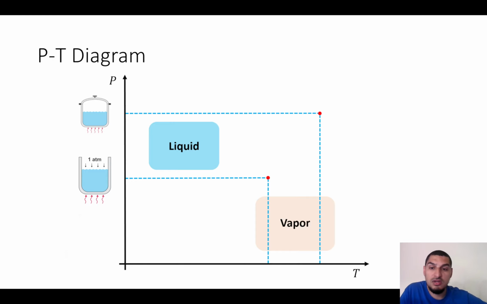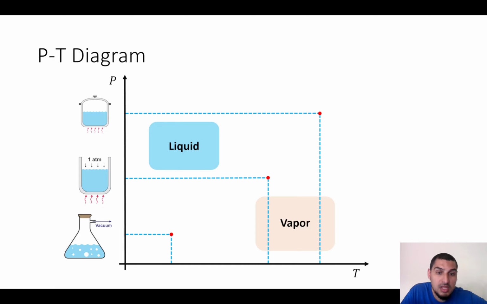For the case of the vacuum, which is the video that we saw in the beginning of the discussion of this part of the chapter, the vacuum was low pressure and the boiling happened at low temperature. So we have three points that indicate different combinations of pressure and temperature, and these are the combinations at which evaporation takes place. And this is the PT diagram that we can draw. So the PT diagram is a diagram that we see